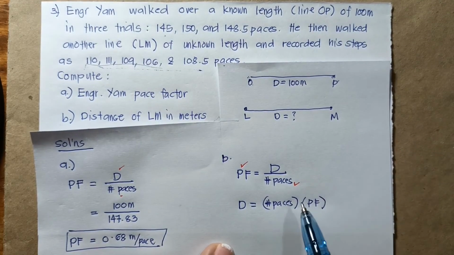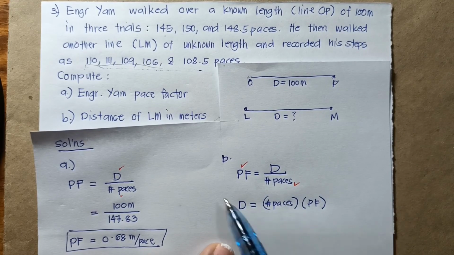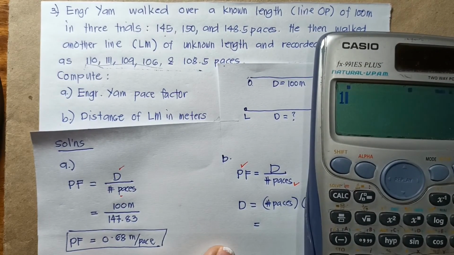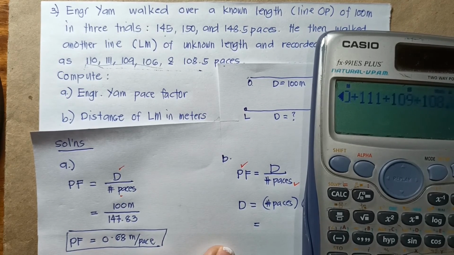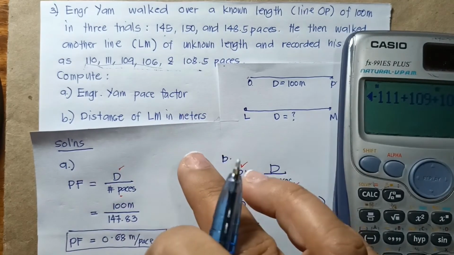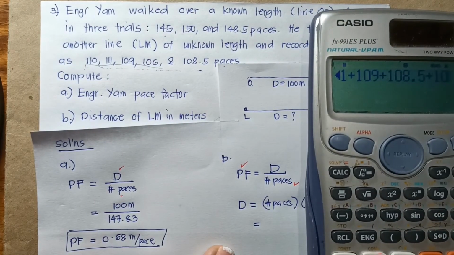The pace factor of Engineer Yam is always the same, that is around 0.68 meters per pace. So you have 110 plus 111 plus 109 plus 108.5 plus 106,